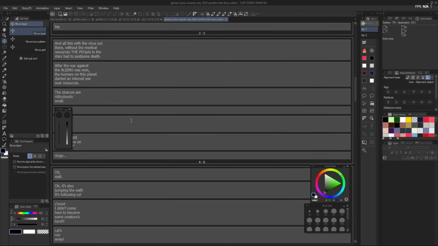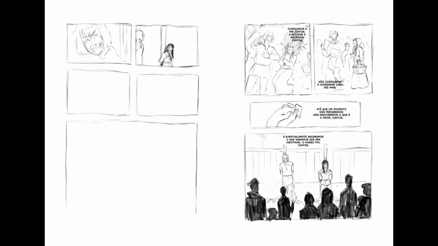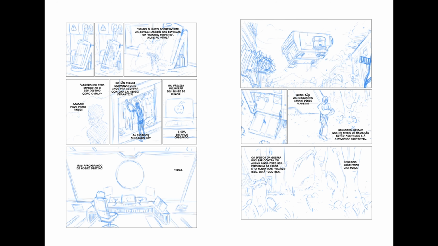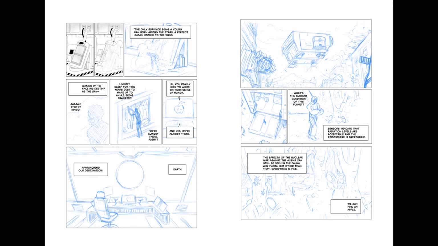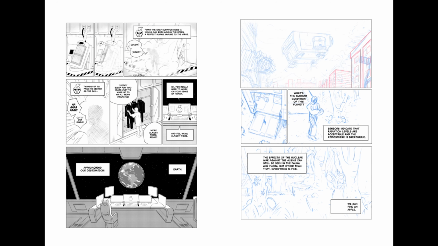My last tip is about how to make your manuscript faster. Some people prefer to write the entire script first and then draw, while others like to write and draw simultaneously. I have tried both approaches, and honestly, neither worked for me. When I write the text first, I often end up needing to cut or add panels during the drawing phase. On the other hand, drawing while writing caused me to waste more time than I expected. For my comic, I tried something different.